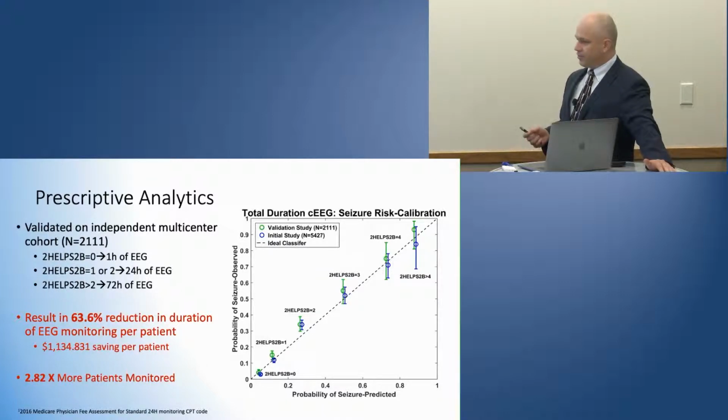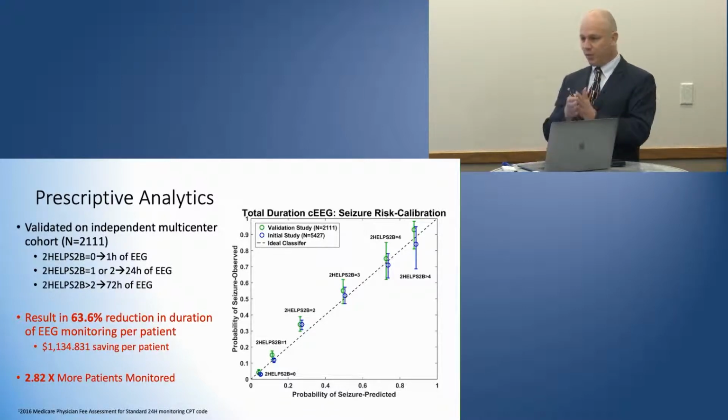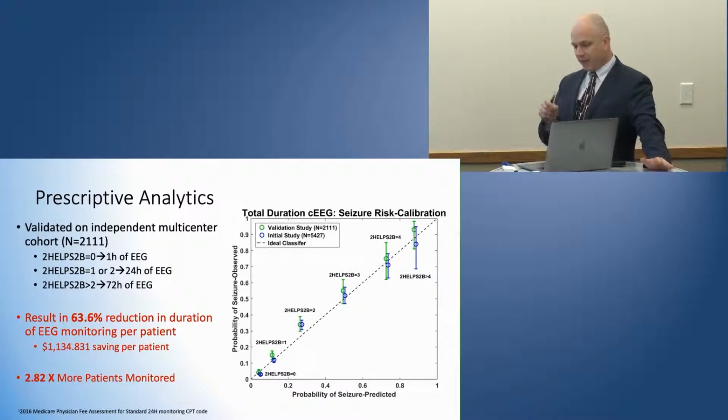The next thing we did was to make it practically implementable. We needed to know how much data do you need, how long do you have to observe a patient's brain activity to know what their risk-SLIM score really is, or what their 2HELPS2B score is. And it turns out to be, thankfully, just about an hour. And so after that, we were able to say, all right, once we know what your score is, so after an hour of data, how long do we need to observe before we can make a decision about how long you need to be monitored? And so we came up with this